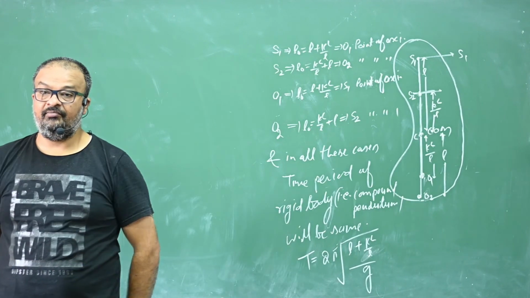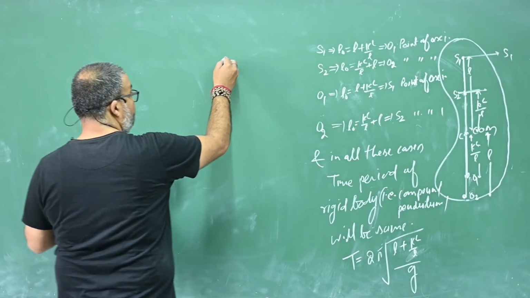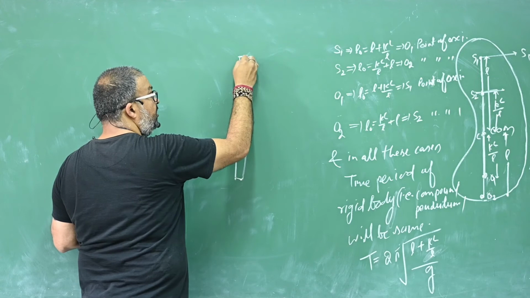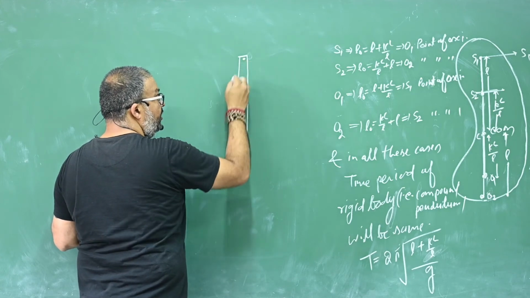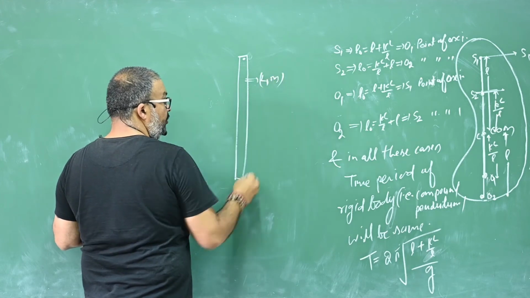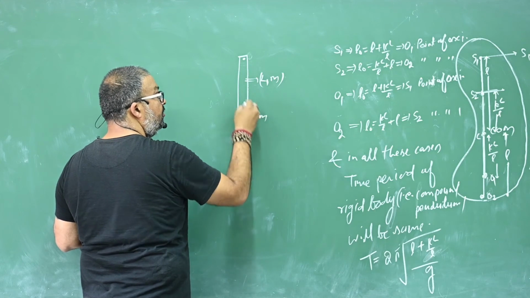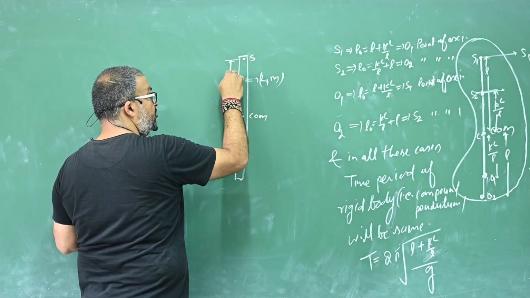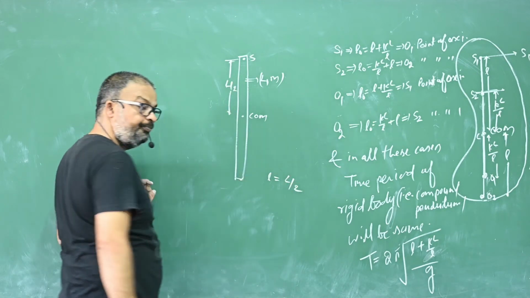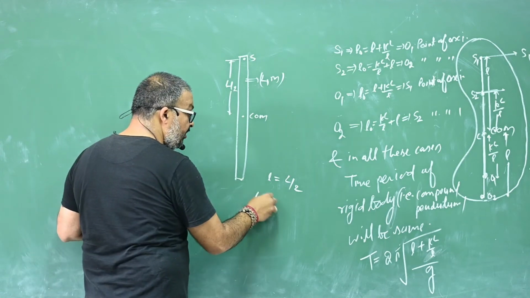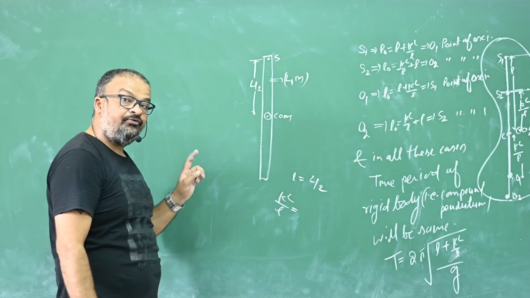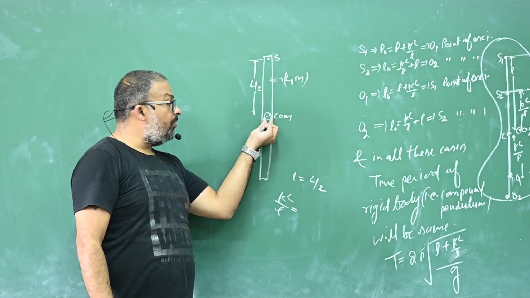So now I can explain the first question of the rod. Come again, what was the first question of the rod? You suspended the rod from one end, and the rod had length L and mass M. So this is the center of mass, and the distance of the point of suspension from the center of mass is L by 2. So small l will be written as L by 2. Is that okay? Now we have to calculate K square by l to find out the time period. What was K square? K square was the radius of gyration about the center of mass.